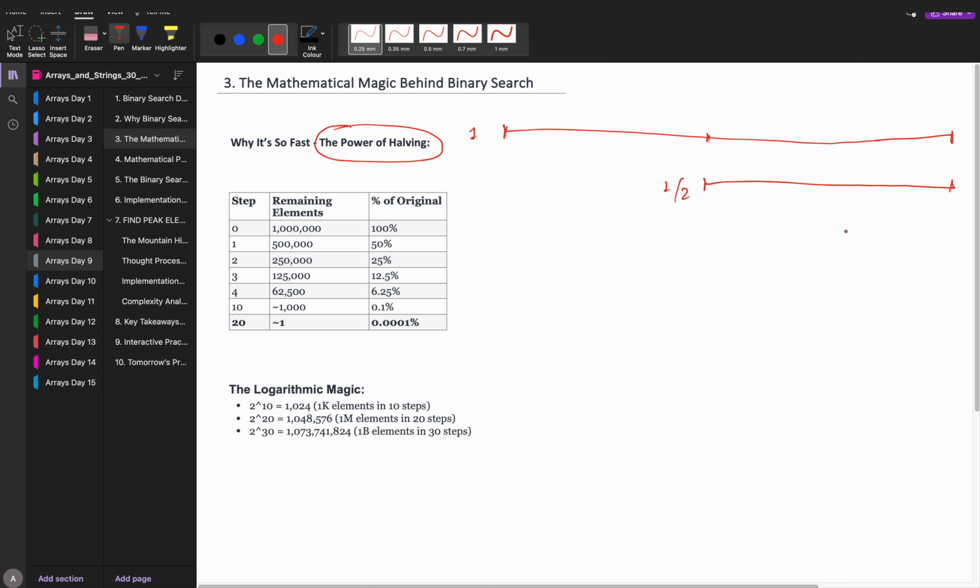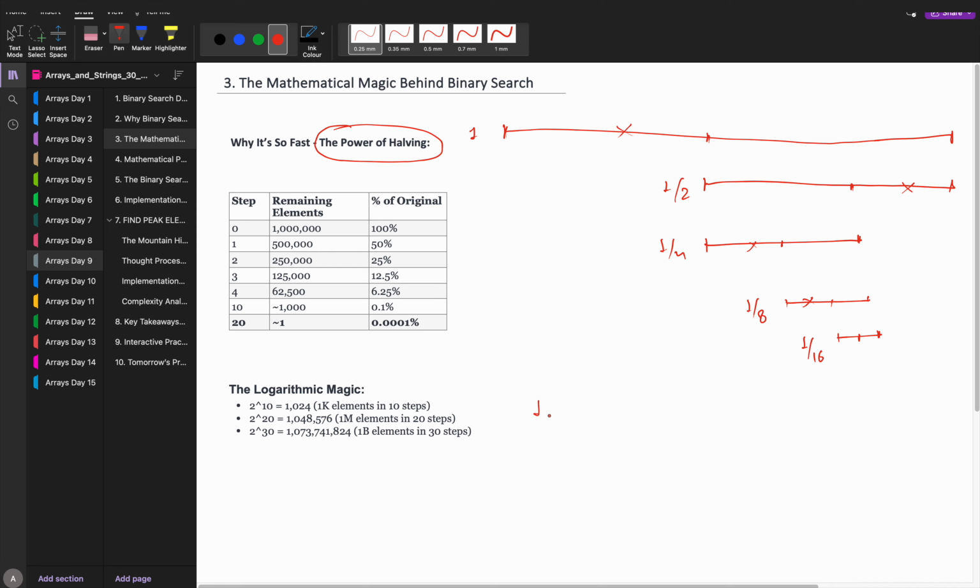Now in the next attempt, your search space would be halved again. Let's say this time you worked upon the first half and discarded the second half. You discarded this half, and here you discarded this half. So this is now 1/4. And again, let's say you discarded this half this time. Then from here to here, you have 1/8. You have discarded this half again. You have now 1/16. It keeps halving, correct? Now again, discard this half. You can see how significantly the search space is suddenly decreasing. It will keep getting smaller.